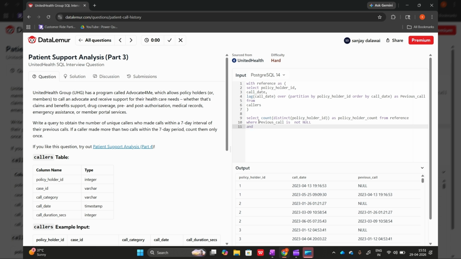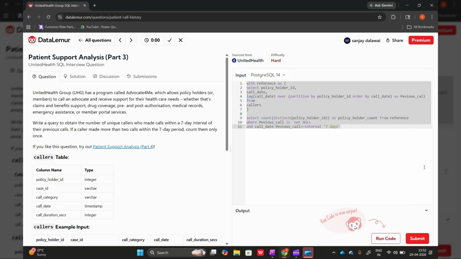and then I'll be using the AND logical operator because I need both these conditions to be satisfied, when the call date minus the previous call date is smaller than or equal to, I will be using the interval, which is 7 days, and I will be running this. So the policy holder count is 16, and if I submit this,